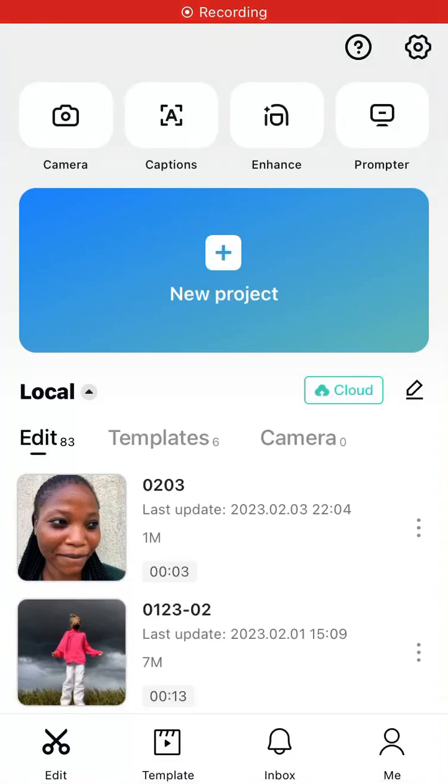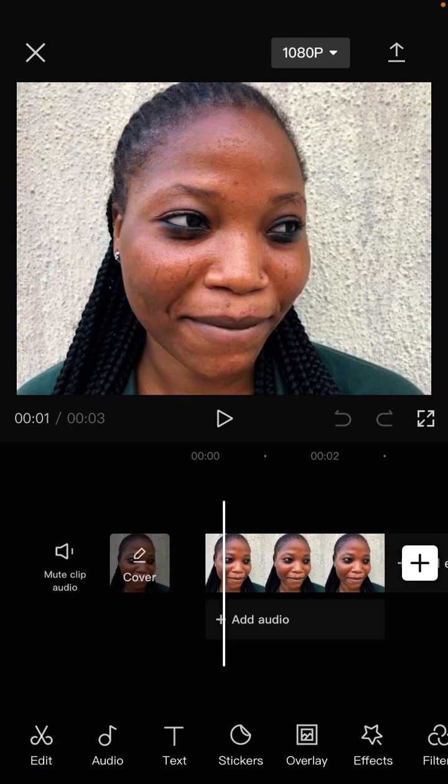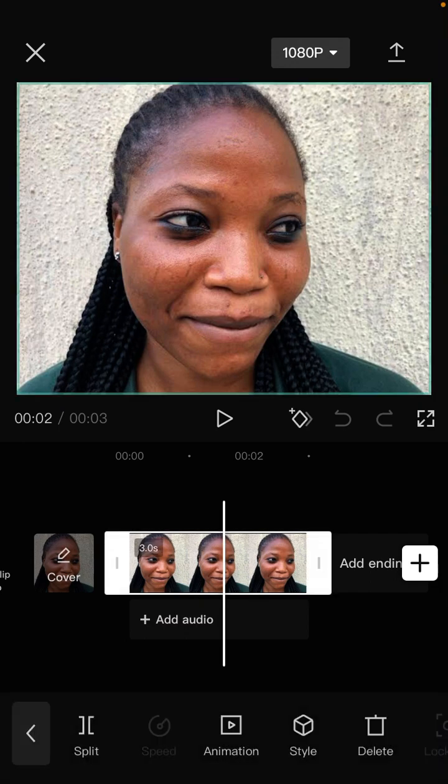Hey guys, in this video I'm going to show you how to use AI Manga on CapCut apps. So tap on your project, select the image you would like to edit, and I already have one project here. So tap on the clips, select copy,